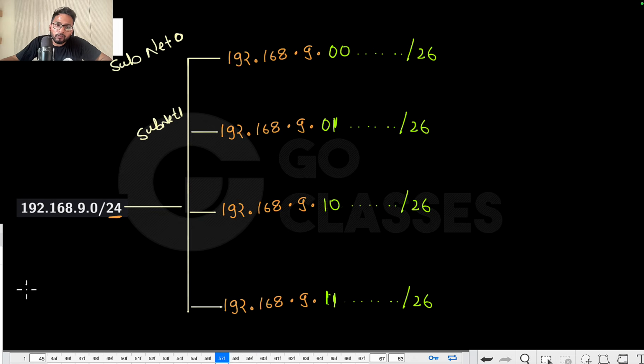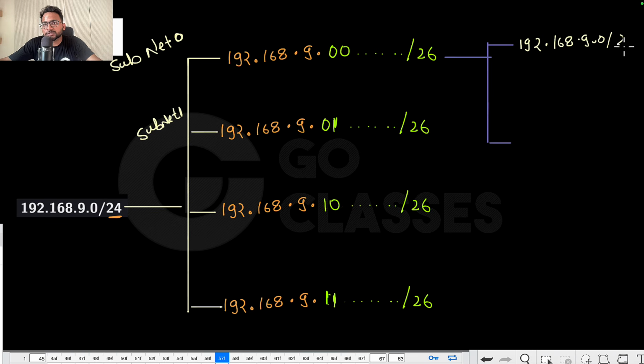Okay, now further, if you want to see for this subnet only, what are the first address and what is the last address, you can also see this, right? What is the first address and what is the last address for this subnet? The first address will be 192.168.9. all zeros, right? So let me write directly in decimal, 192.168.9.0/26. This is the first address. What is the last address? 192.168.9. If you write all the ones, then basically